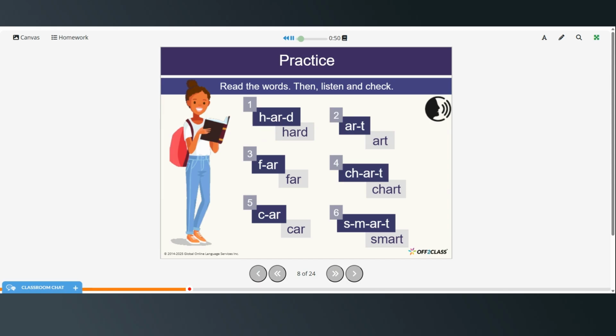R, d, hard, art, art, are, far, ch, are, t, chart, k, are, car, s, are, t, smart,